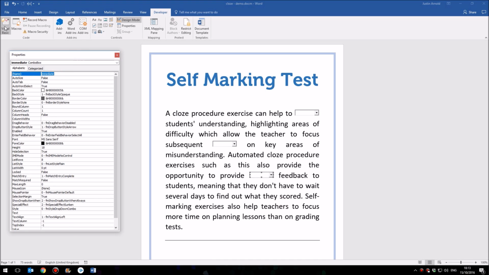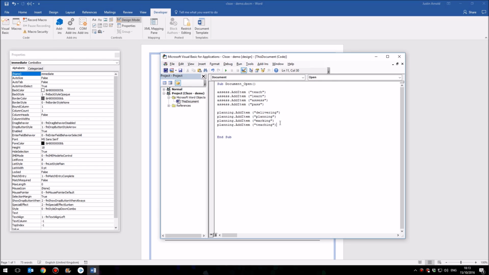So then what I'm going to do is click on the Visual Basic button on the left-hand side of my ribbon. And inside this same subroutine, I'm going to write immediate.addItem, immediate. And this time I'm going to copy it 3 times and have the last one as the correct answer. So I'm going to choose the first 3. So I'm going to change that to some, correct, and